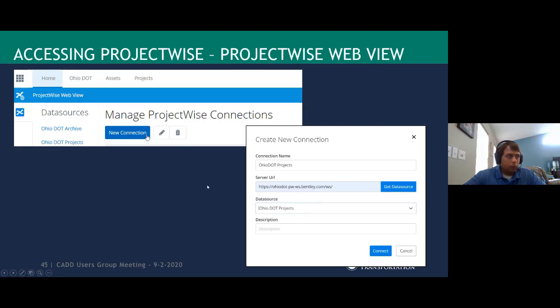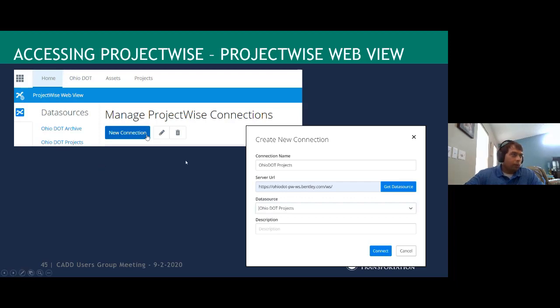After you add that connection and you get access to our data source, now you can navigate to anything that you have access to. So it's actually a really nice way to get to the source files. So keep that in mind. We're not copying something and putting it to an FTP site somewhere else. This is the actual source file that you can get to. There's no copies of it. That's the benefit of ProjectWise. So that might be a good way to get data from us.